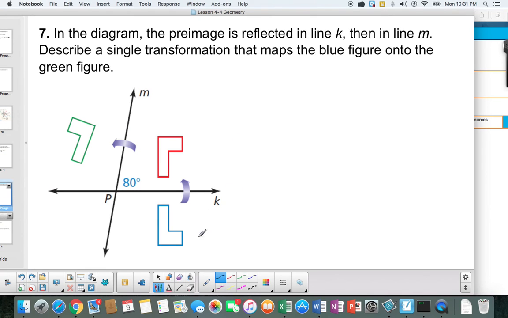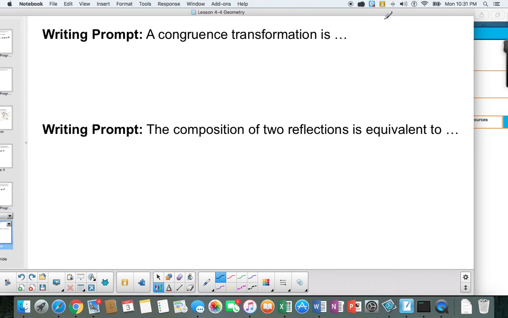All right, to go from the blue figure to the green figure, and again, these are two intersecting lines, so this is going to be a rotation of, and we're going to take this number and we're going to double it, so a rotation of 160 degrees. And that's the end of our